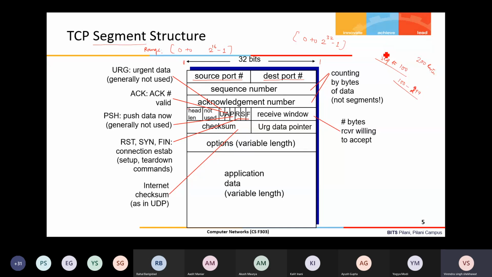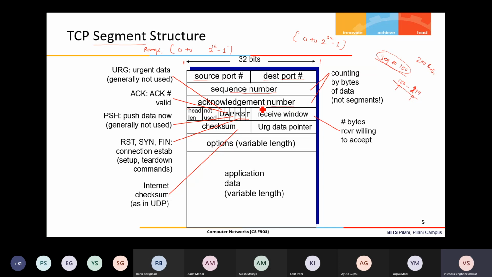What we need to remember is that the sequence number field represents the sequence number of the first byte of the segment. From the length we can figure out the last sequence number. More on this we will see when we consider a few examples.